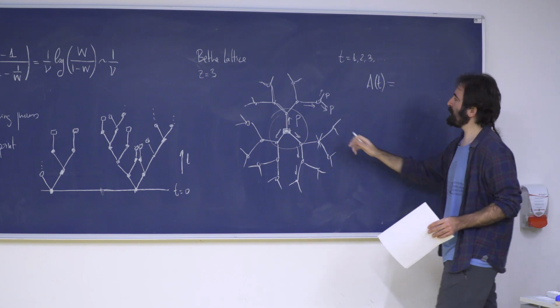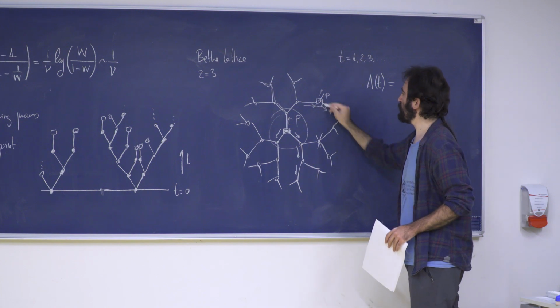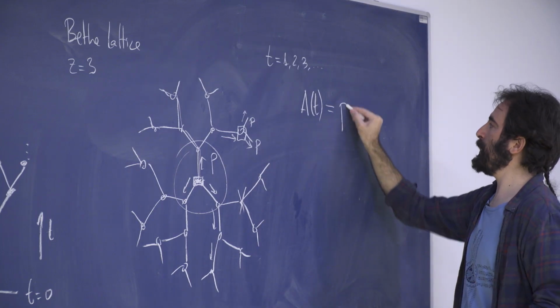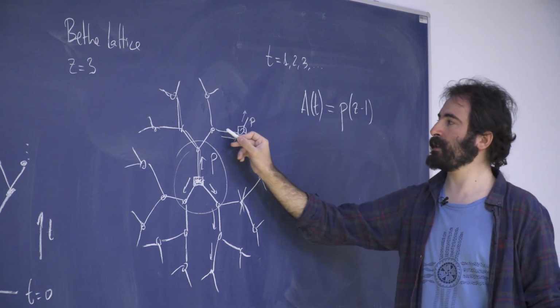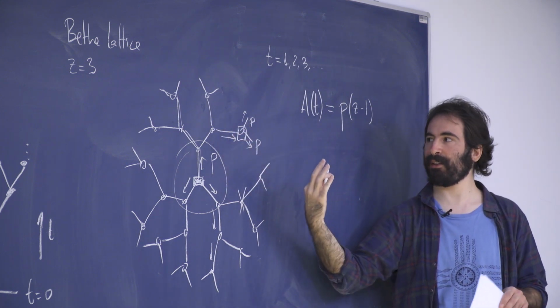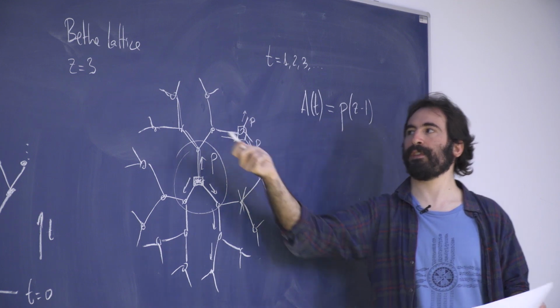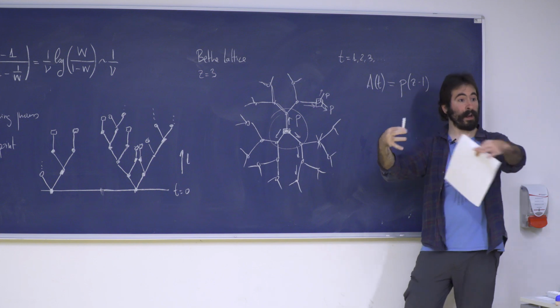Well, the probability that for a given signal that arrives at this particular node, I keep on propagating this activity will be p times z minus 1. Why z minus 1? Because I've used this link to get the activity to me. So this link is already used. And now I only have 2 links out of the total number of z links in order to keep on propagating this